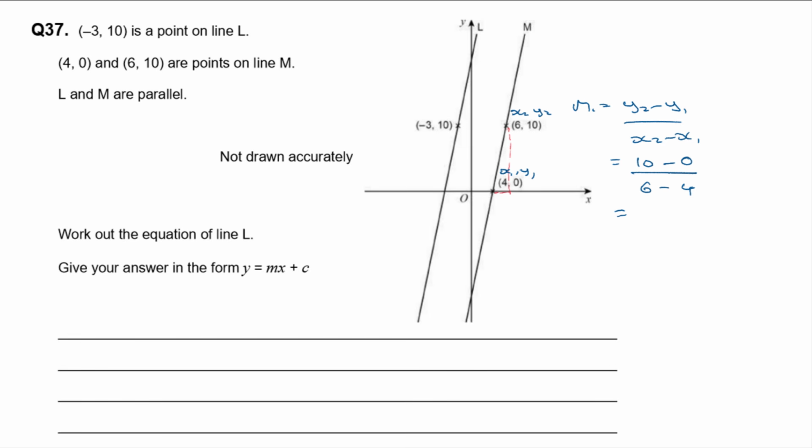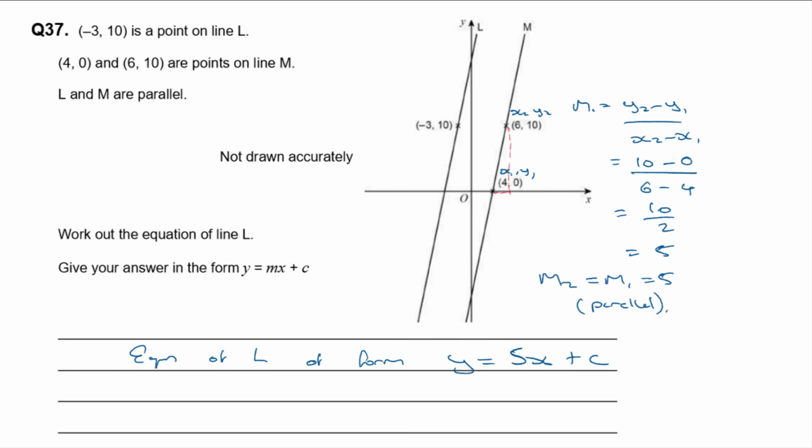So I get 10 minus 0 over 6 minus 4. That's 10 over 2. So that means the gradient is 5. Okay? So m1 is 5. And we know that m2 and m must also be 5 because they are parallel. So we know the equation of L is going to have 5x in it. Okay, so equation of L of form y is equal to 5x, because we know the gradient is 5, plus